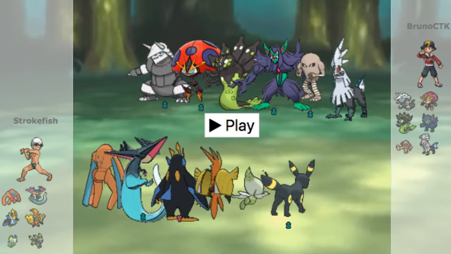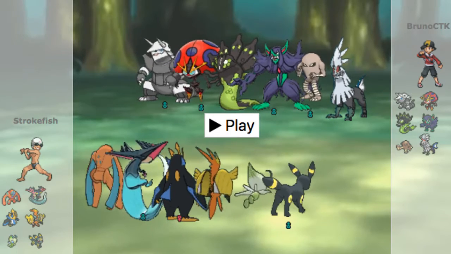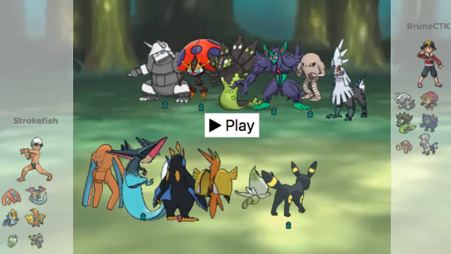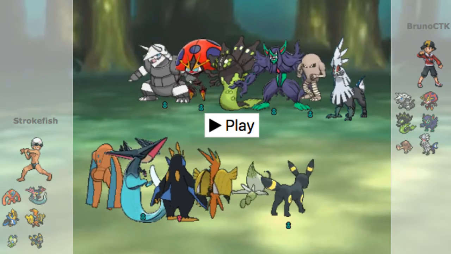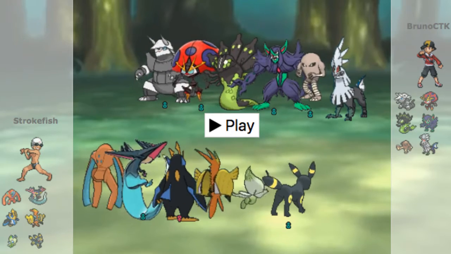So my team, we're going to start with Deoxys. Deoxys is Shed Shell. It's more just a defensive set with enough speed to outspeed Gothitelle, with Ice Beam, Seismic Toss, Recover, and Taunt, because Taunt is really good versus his team, especially versus stuff like Grimmsnarl and Orbeetle. And things like if he's defensive Silvally or Aggron, Coil Zygarde is good versus...